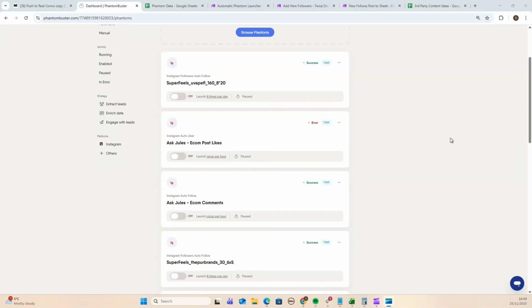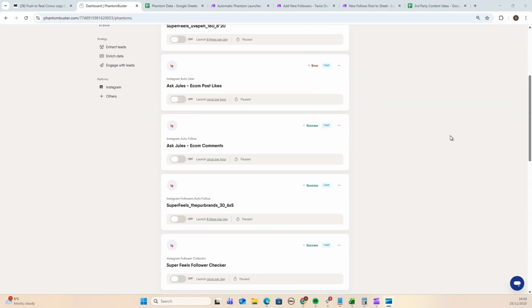So today's video looks at PhantomBuster's auto follow module, and it looks at how to automate the initiations of that phantom and how to track the effectiveness of it. So if you want to run lots of phantoms